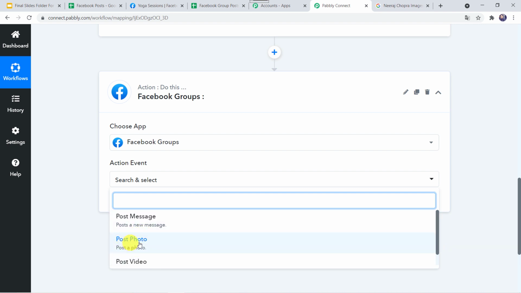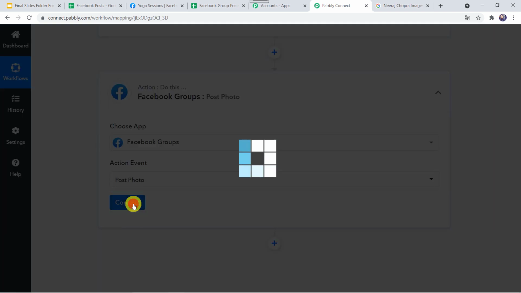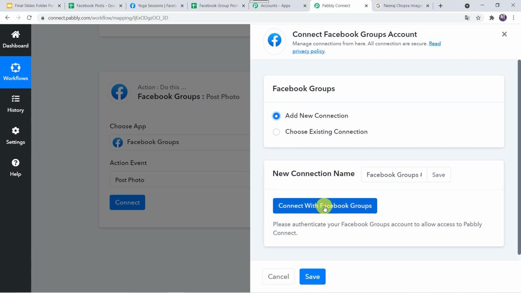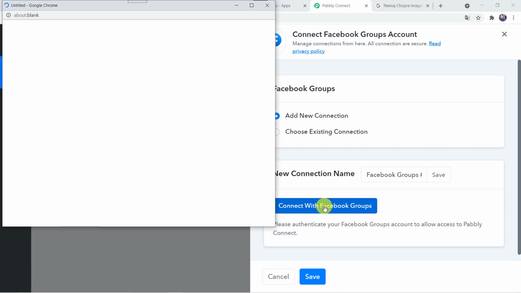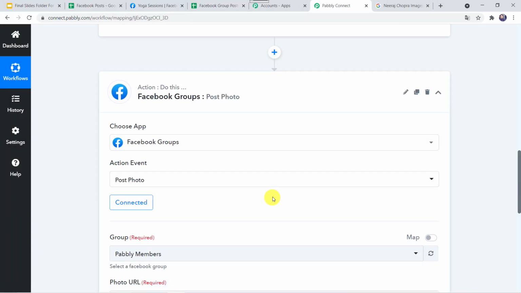I'm just selecting post photo. And let's click on connect. Here we have to click on add new connection and connect with Facebook groups. Authorization successful. Okay, so now Pabbly Connect is connected to my Facebook groups.